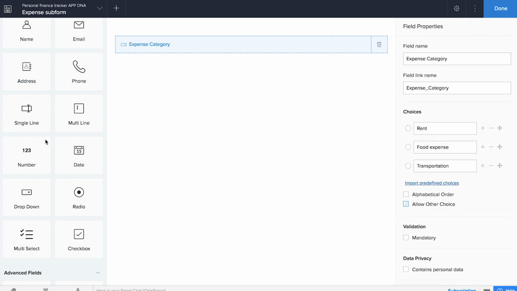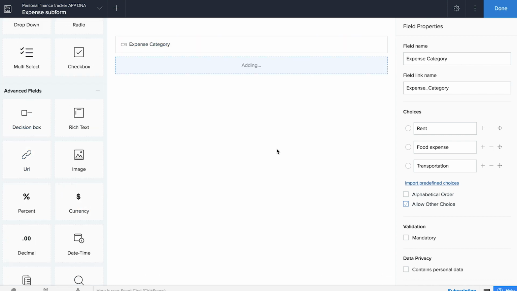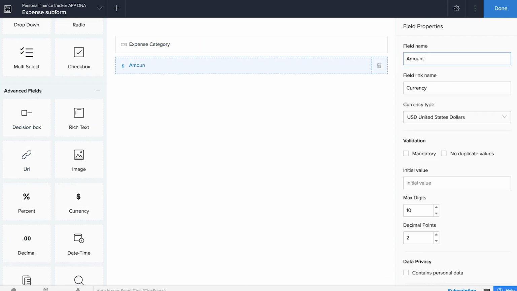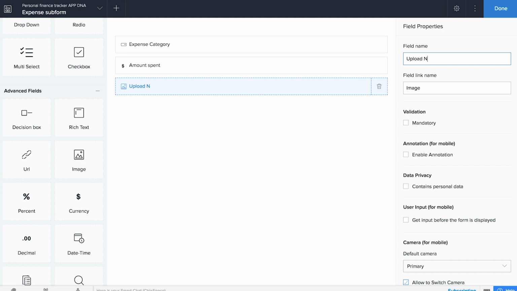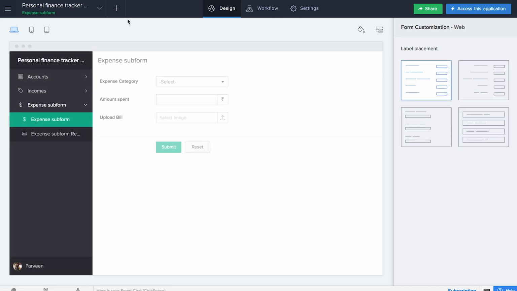Once I know the expense category, I will have the currency field for the amount spent. And then I can use this image field to upload the bill. Name it as upload bill. Hit done. Now that I have my expense subform, I'm going to create another form, and this is to track